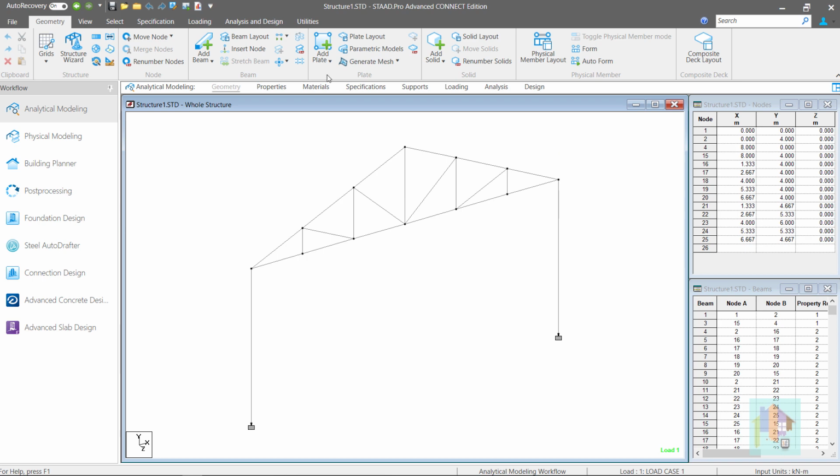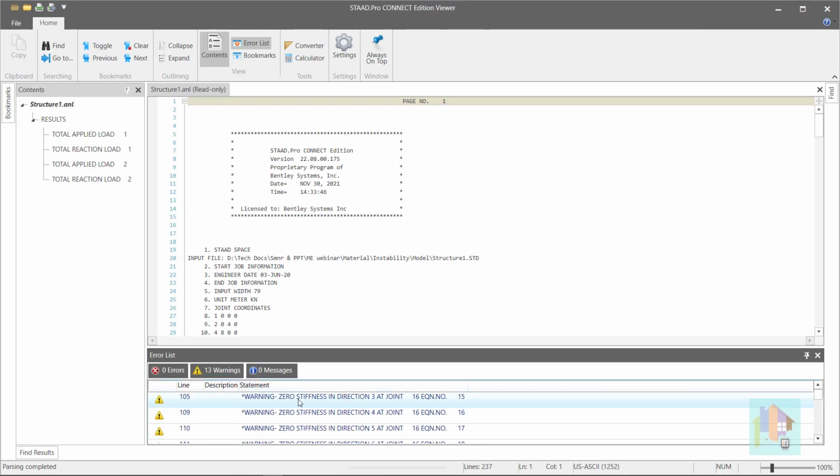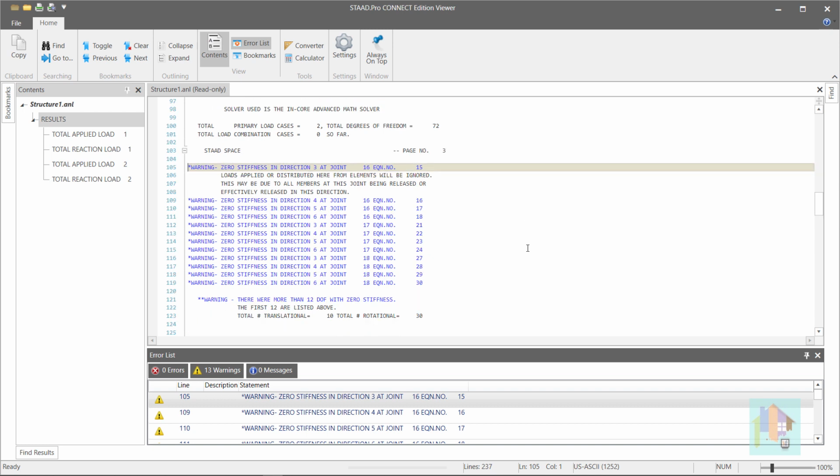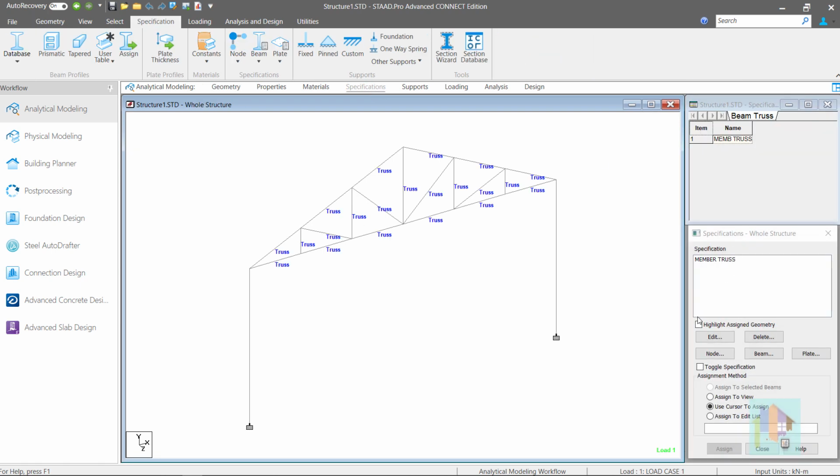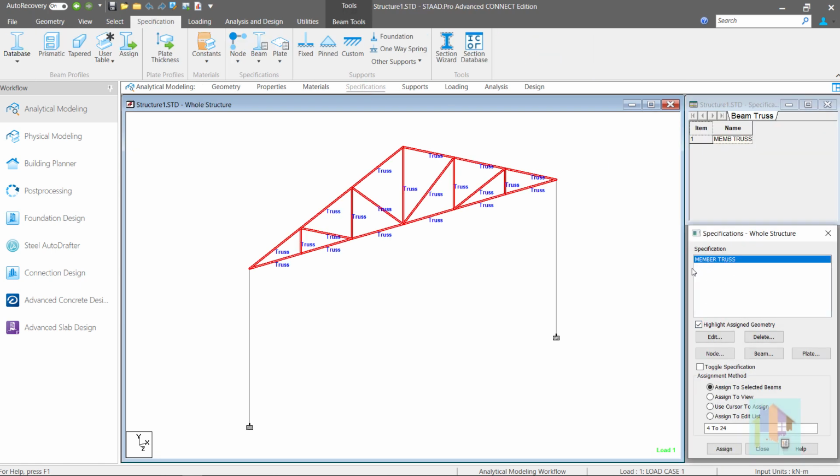Let's check the first model with local instability problem due to truss member with fixed support condition. In this model, we have declared all the members at root level as truss members so that these members can carry only axial load. In reality, it is almost impossible to maintain a condition where a member carries only axial load and all other force components are ignored. There must be some shear and moment transfer through the connection. So, we should consider the same during modeling.